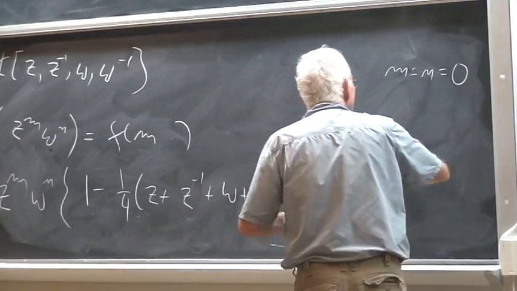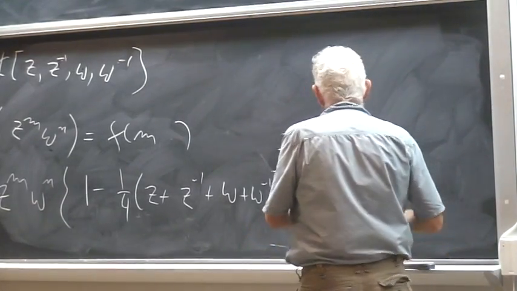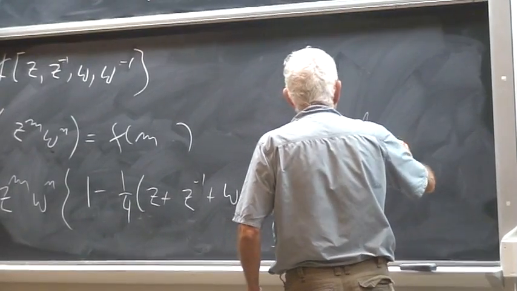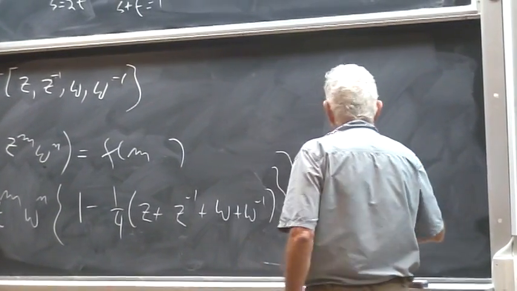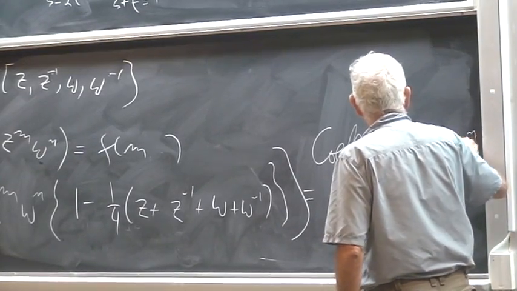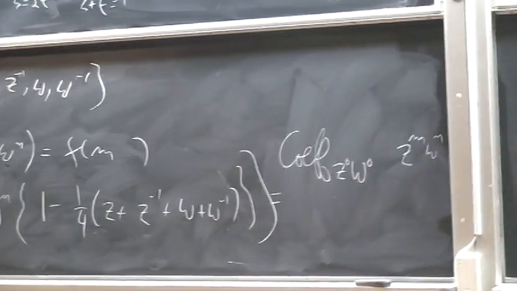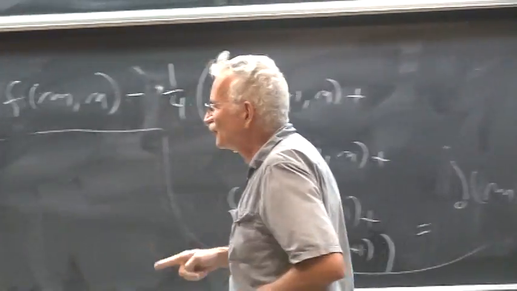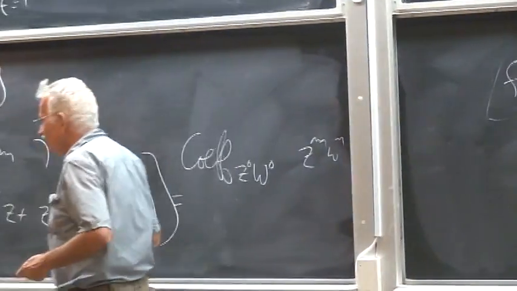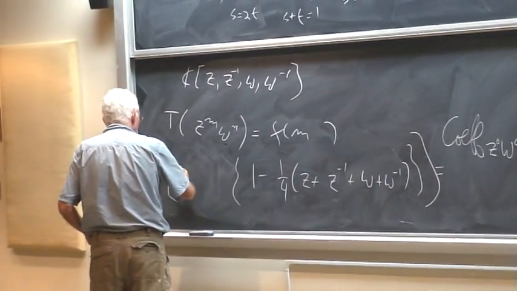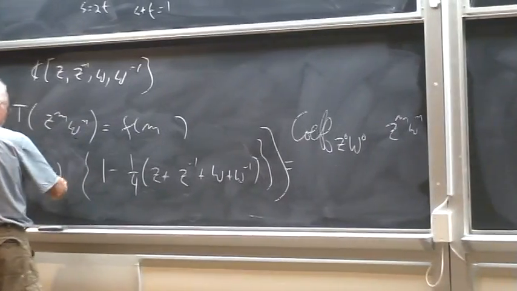But then the same thing is saying that it's the coefficient of z to the power 0, w to the power 0, the so-called constant term in z to the n, w to the n. But z to the power m, w to the n is a basis. So this means for any Laurent polynomial, little p of zw.